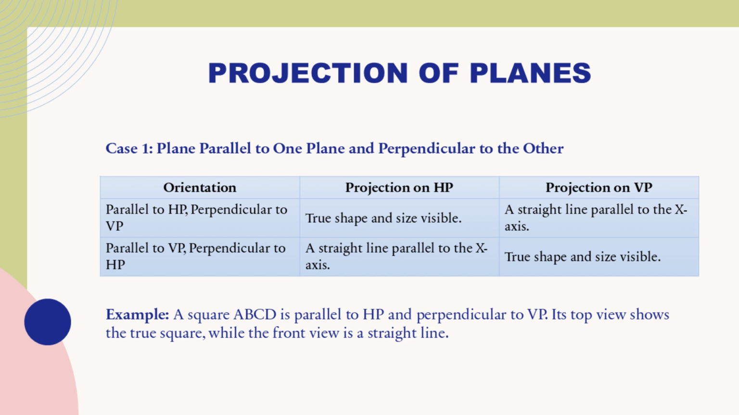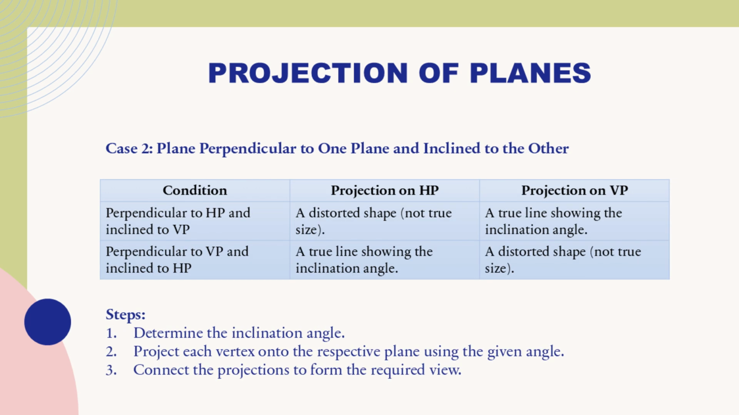This happens because we are looking at the edge of the plane, not its face. Conversely, if the plane is parallel to the VP and perpendicular to the HP, the situation is reversed. The front view now shows the plane's true shape and size, while the top view presents it as a straight line. This approach ensures that we accurately represent the plane's orientation in technical drawings, allowing for clear communication of design